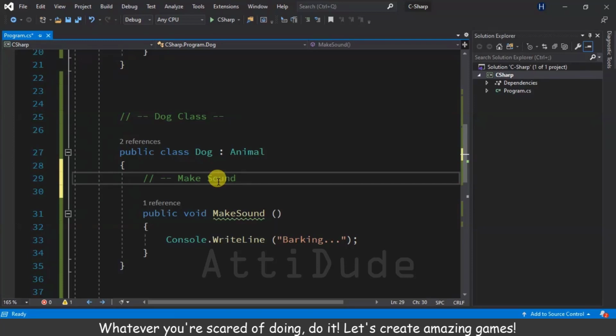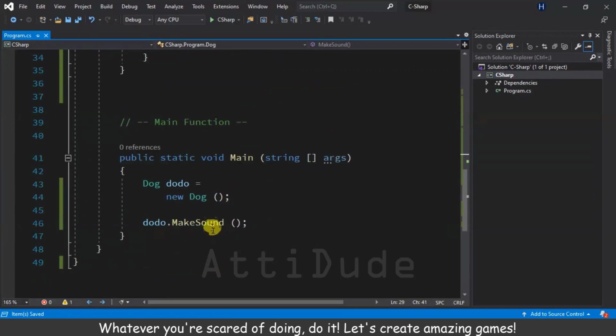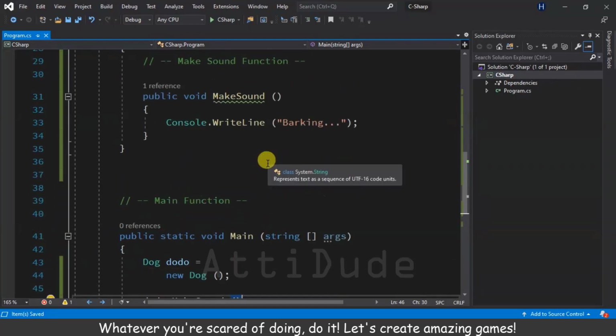Let us just label this. Okay, Dodo dot make sound, and in our case it just worked fine, but in some cases this won't at all